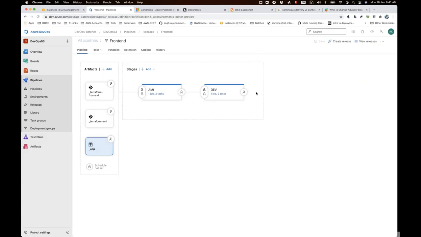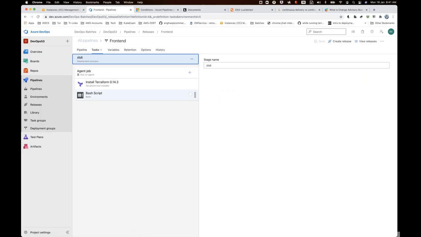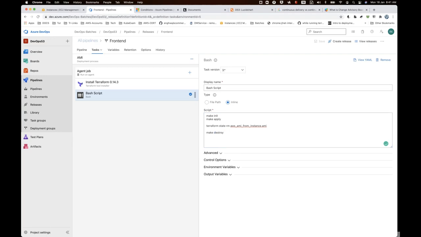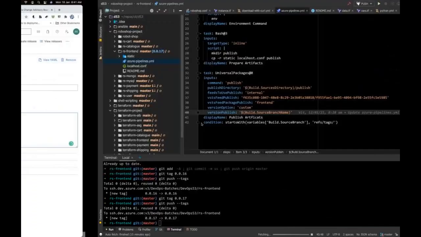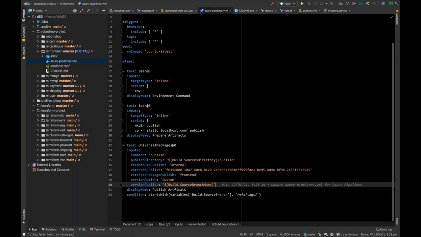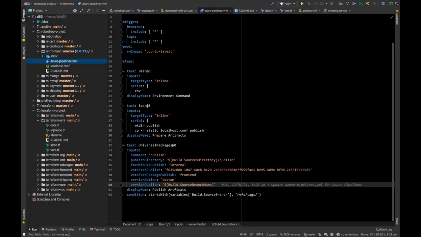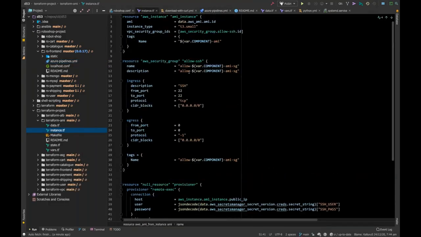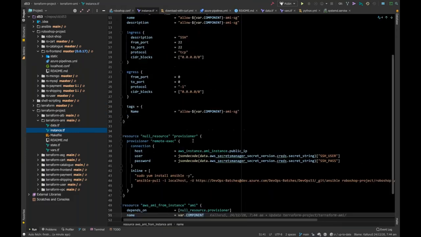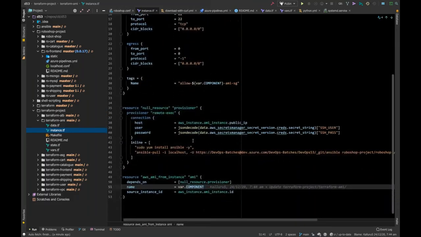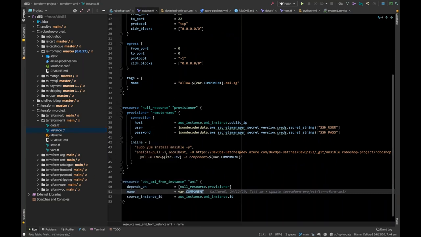Then you get the pipeline. That's it. Now, the next thing that happens is it creates an AMI automatically. How the AMI happens: go to the bash script that you're running, this one. You're making the AMI with Terraform. So I need to look into the Terraform now. If I look into the Terraform of AMI, what I'm making is instance.tf. So you're making the instance and then a provisioner, and now you're running the Ansible pull. In Ansible pull, you're telling localhost, this one, this is a URL, you run it, and you're putting in an environment.